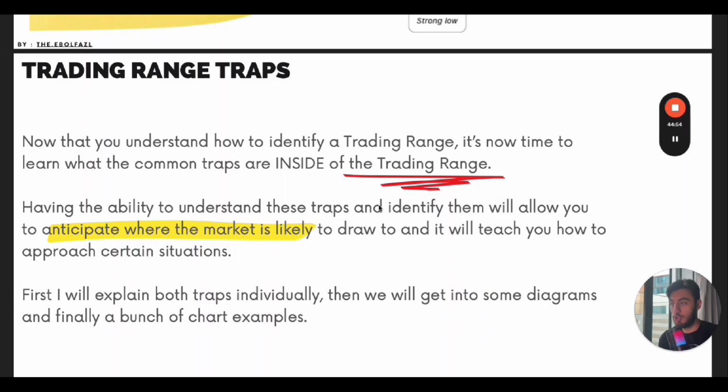First, I'm going to explain both traps. Then I'm going to show you some examples. So we have two types of trading traps, type 1 and type 2. The type 1, we can call it T1. You can call it internal liquidity. The type 2, you can call it T2. You can pretty much call it, I don't know, inducement, failure swing. It's the same name. You can just call it T1 and T2. So I'm going to call it T1 and T2. But both of them are internal liquidity because those traps are forming inside the range.